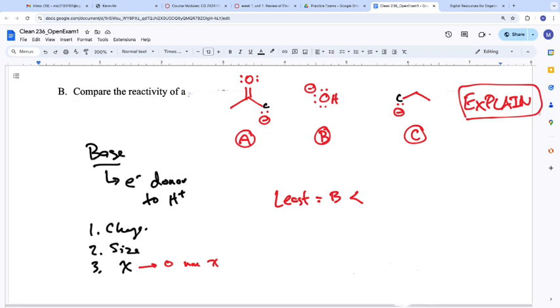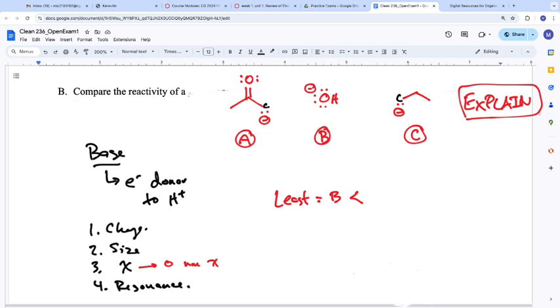Compare A and C according to electronegativity. B and C. Okay, we can compare B and C. According to electronegativity, we're still going to get B being least. So we know B is the least, we don't know where A and C are. So we need to figure out where A and C are. So what do we do? Compare them to B. Move to the next thing in our line.